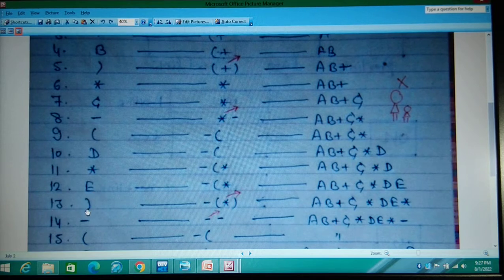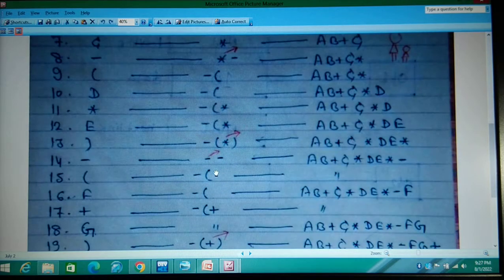Then parenthesis closed. Whenever the parenthesis closes, it will pop. Which one? Star will pop, so star will come here. Very simple. Now there is only minus. Now again minus. Two same signs cannot exist, so in this condition you have to pop. Whenever you are popping, you have to use this method. This one is first, so it will pop first. This minus will come here. There is only minus.